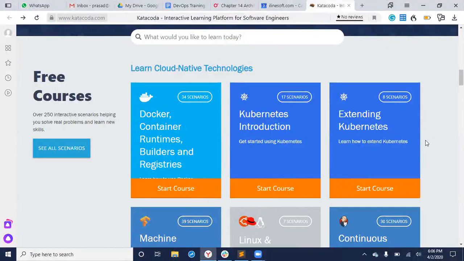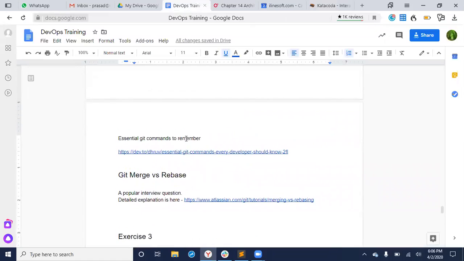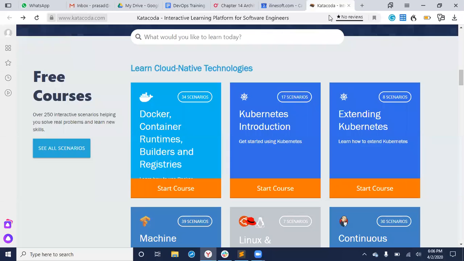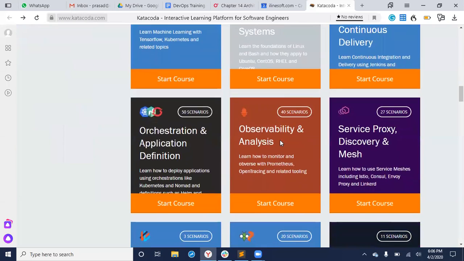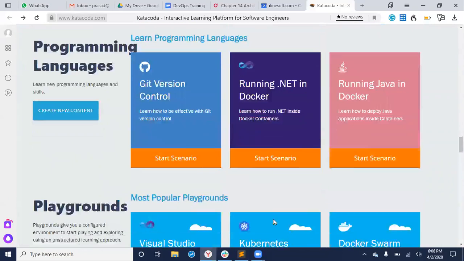Yeah. So pretty much continuing from the last class, you have some Git commands related stuff. Now I want to show some interactive environment where you can practice a lot of other things. So you can practice various things in Kubernetes, understanding about Docker also. Then you can even practice the general foundation of Linux. Then there is Git related stuff in the same link.